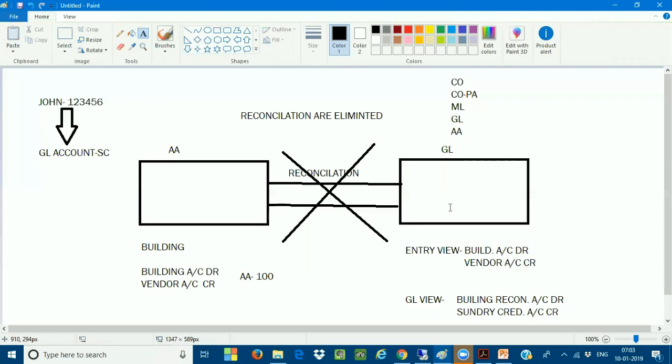Because of this, there is a balance difference between the asset accounting and the general ledger. Earlier there were a lot of transactions. ABF1 is one of the transactions we used where we can post to the recon accounts and nullify where the difference is coming.